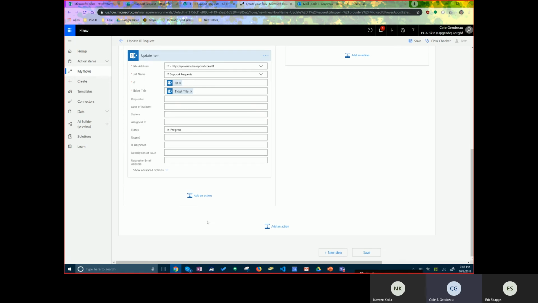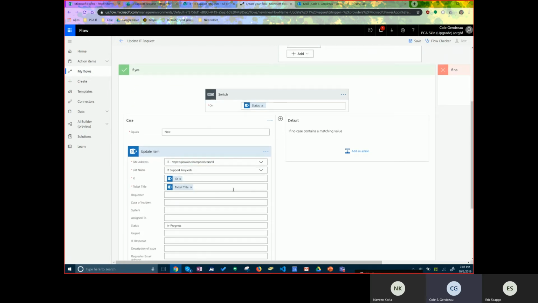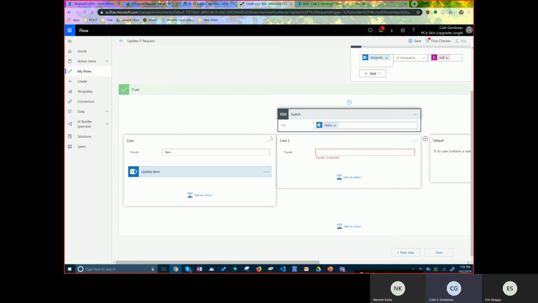So, all right, where are we? We basically, yeah, if it's not assigned to anybody, or it is assigned to somebody, but the status is new. Basically, as soon as it's assigned to somebody, I'm gonna just say it's in progress. I'm not waiting for the person to take it. It's in progress as soon as it's assigned to somebody. We're gonna do another case where this says if the status is equal to in progress. Yep, we want to